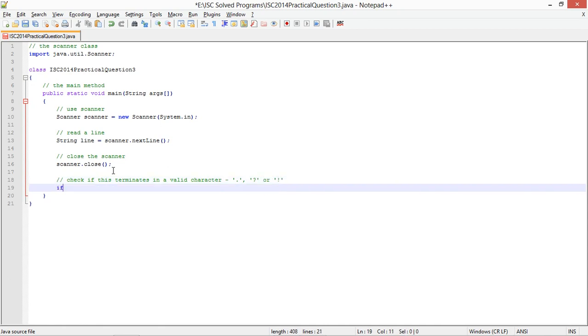So if line dot charAt line dot length minus 1 is equal to first is period, or I'll copy this whole thing,